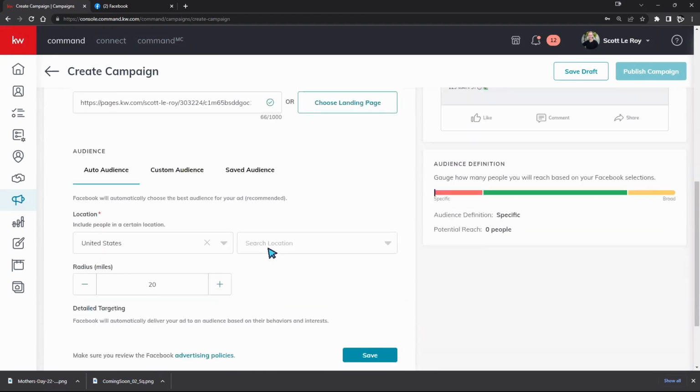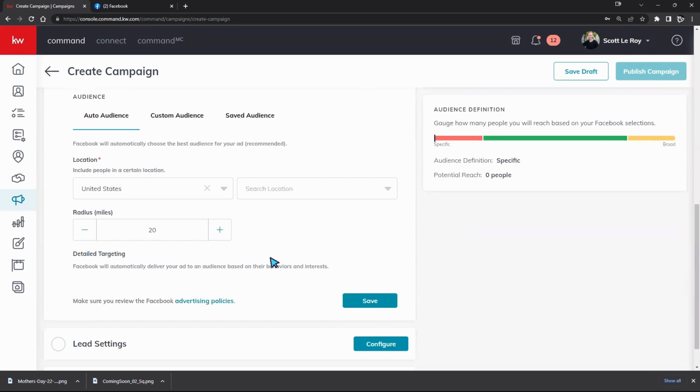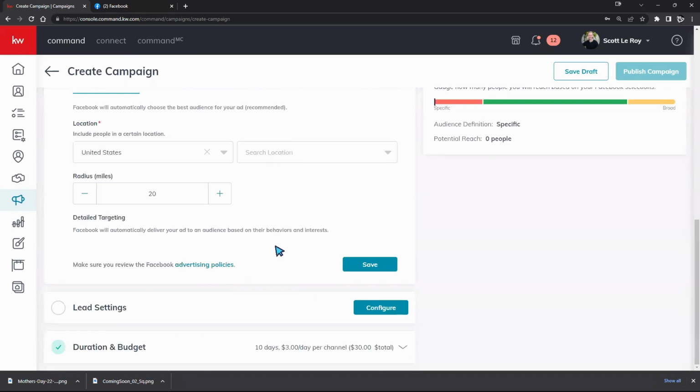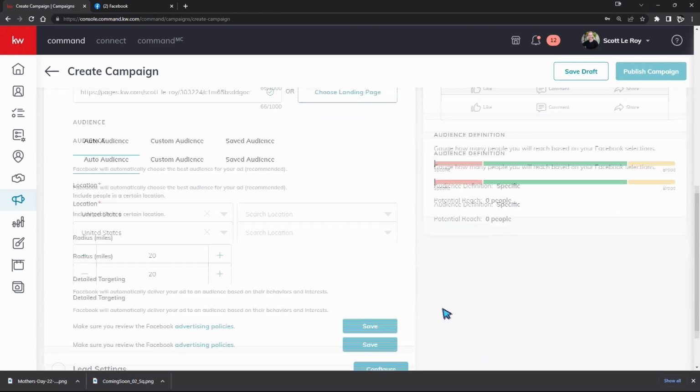Last but not least, we've got a few more sections right here. I know we're backed up against time, but right here within our audience, we have auto audience, custom audience, and saved audience. This is where things get a little bit tricky. This and your duration and budget. There's no foolproof way or explanation on what to do in order to be successful for this. Okay, these are those magical algorithms inside of our social media platforms that we have no idea how to really